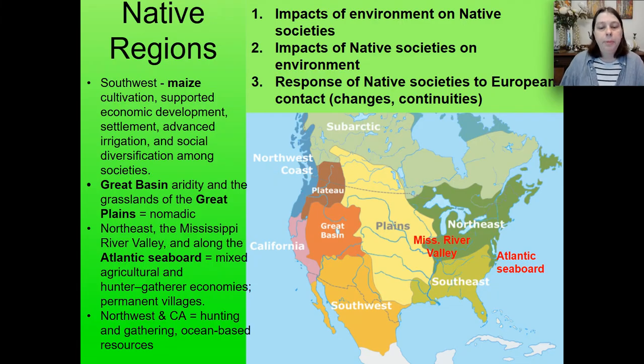One example of a Great Plains tribe is the Sioux. You spell that S-I-O-U-X, the Sioux. They're dominant in the northern part of the Great Plains for most of the time period that this class is concerned with. On the East Coast, which is very heavily forested, we have tribes like the Powhatan, the Haudenosaunee, which